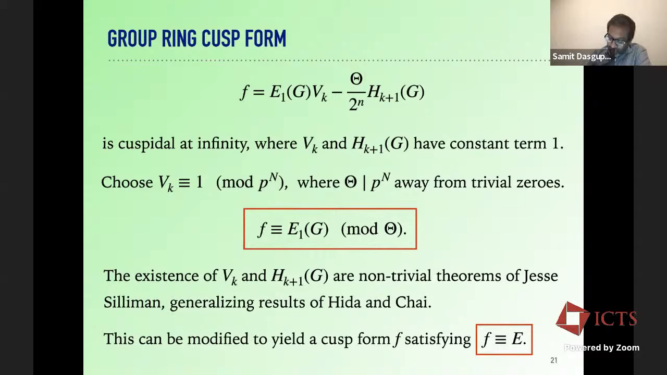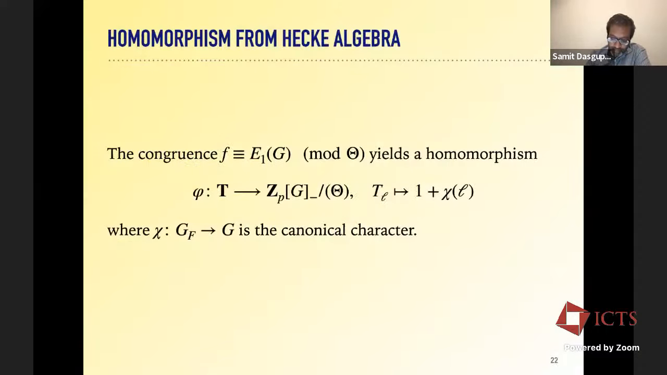Okay. So once you have this group ring cusp form, what do you get out of it? Well, this congruence gives you a homomorphism from the Hecke algebra. The algebraic thing that you work with now is a ring homomorphism from the Hecke algebra of the space of cusp forms. I don't say what T is on the slide: T is the Hecke algebra of S_k(G), that is, the group ring valued modular forms that are cusp forms. And you get a homomorphism in which T_l goes to 1 plus chi of l,